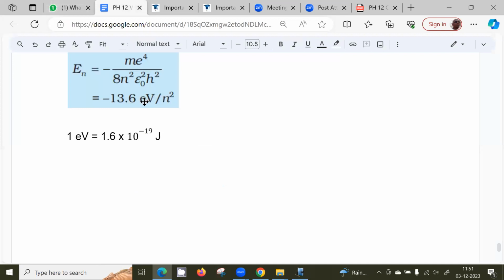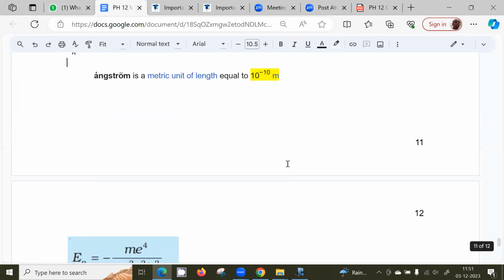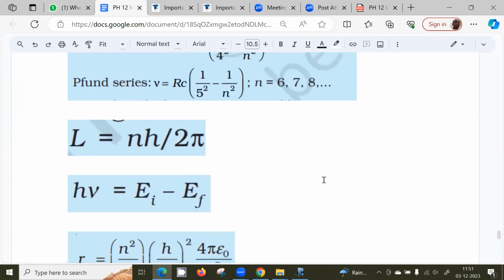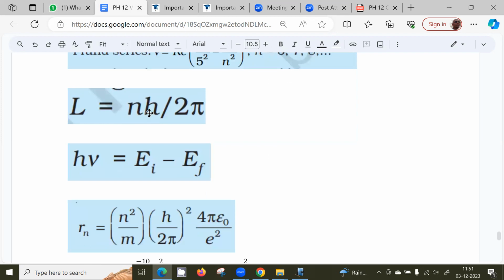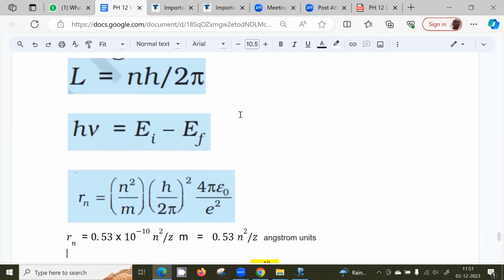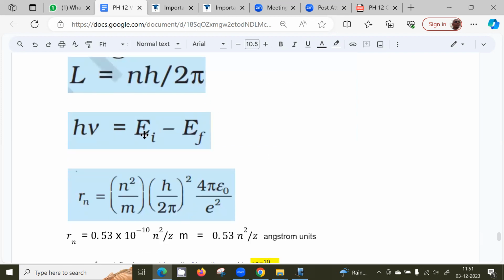This is in electron volts. So if I have to convert the energy to joules, I have to put the value of e as this one. And this is the Bohr quantization condition: angular momentum of the electron in the nth orbit is a multiple of h by 2 pi. And when the electron jumps from a high energy state to a low energy state, there will be a